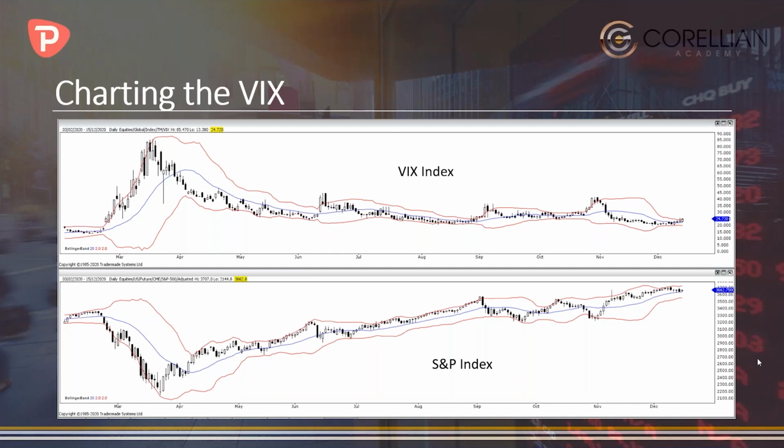Yeah, I think the important thing to bear in mind when you're studying the VIX from a technical perspective is that you can still use the same types of indicators that we do on other markets, and you can still use exactly the same techniques and signals. In fact, what I like to do is to have a chart like this where we have the VIX and the S&P on the same chart, and then run Bollinger Bands so that we can see the type of volatility that's coming into the fear market, and that can often give you earlier signals of when we need to be watching the S&P closely, or when we fail to see confirmation of new trends developing